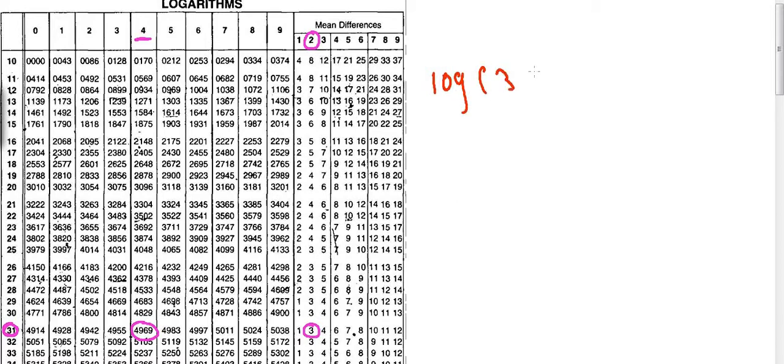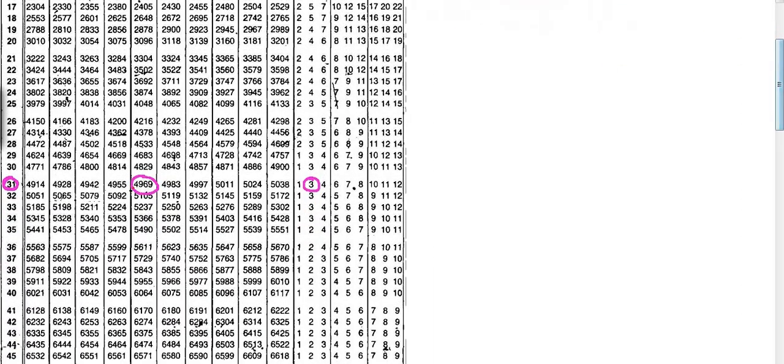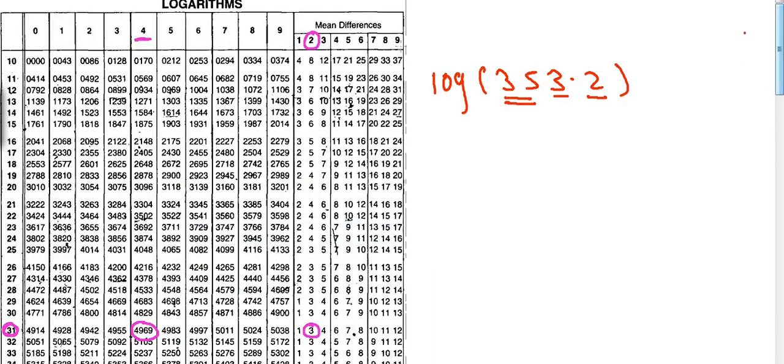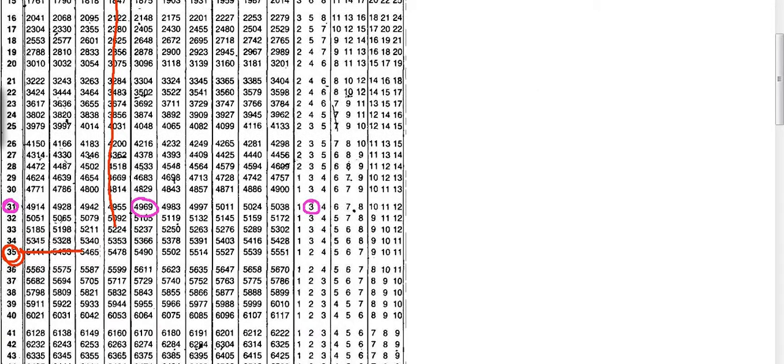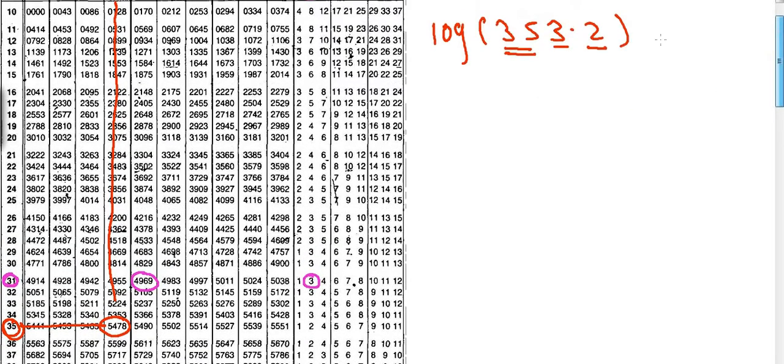Log of 353.2. We have already calculated its characteristic to be 2. Now let us find its log. Grouping of the numbers will go like 35, 3 and 2. Now look at 35 in the first column. Next is 3. Locate 3 in the first row, and from 3 just go downwards. So here is the intersection: 5, 4, 7, 8. So the mantissa is 5478.